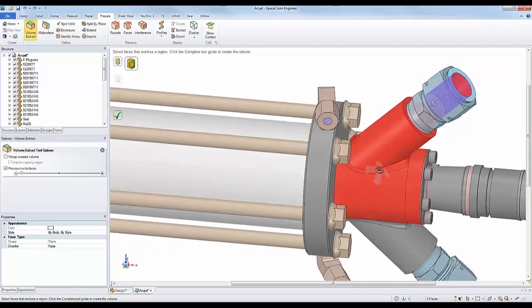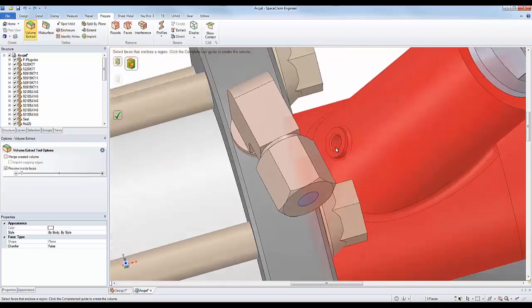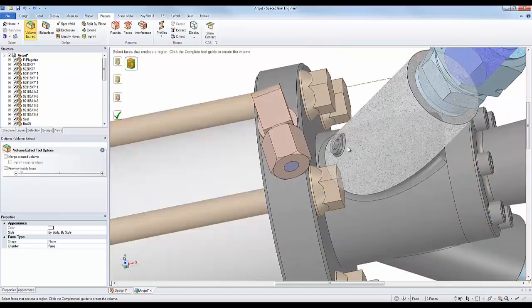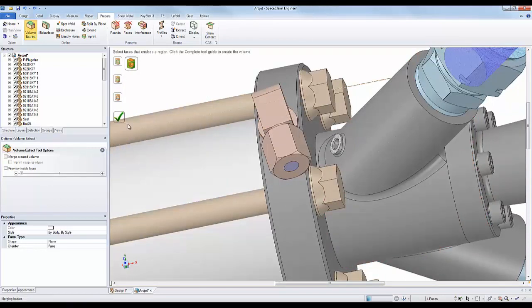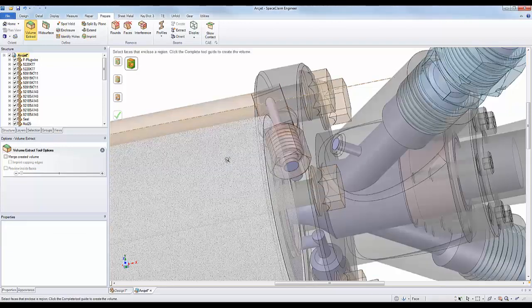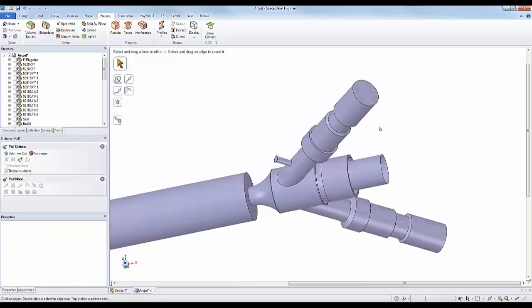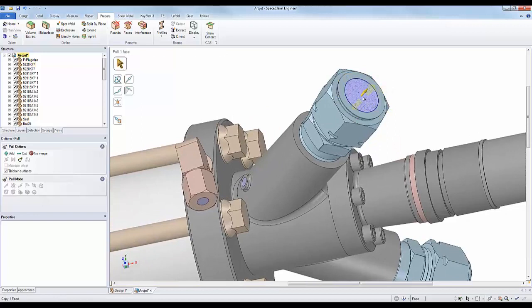And if I go ahead and take a closer look, it looks like there's a small little port here that I missed. So I could go ahead and add that into my selection for the boundaries, recreate the volume extract, and then we can go ahead and hide the rest of the assembly so that we can see this extracted volume. Now, in addition to being able to edit the volume directly, if I go ahead and decide that I'd